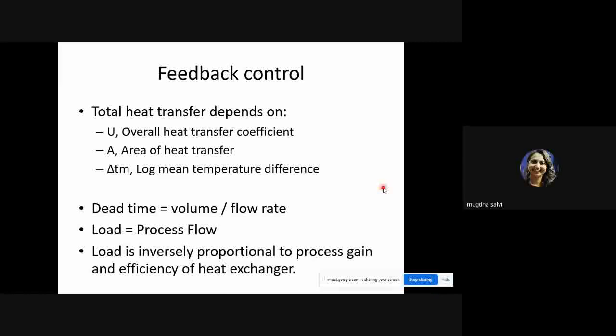Now, why are we looking at these terms? Because when I'm designing any control action, you all have studied various control actions, proportional, integral, and derivative. Not only that, you also have to keep in mind what should be the gain of that controller, or the gain of the final control element, or the gain of the sensor that is being used. So all of this and the process gain itself, all of these gains also have to be considered when we are choosing a particular final control element and a control action. Especially for a heat exchanger.